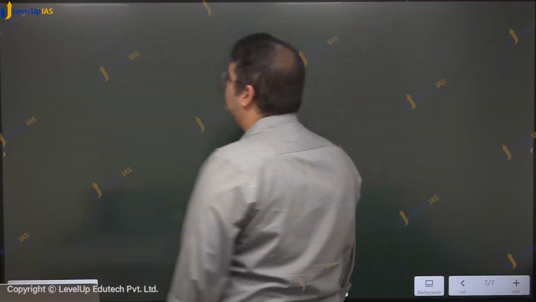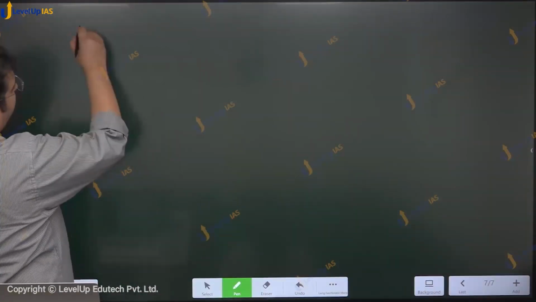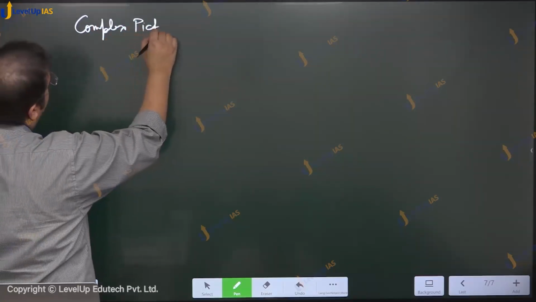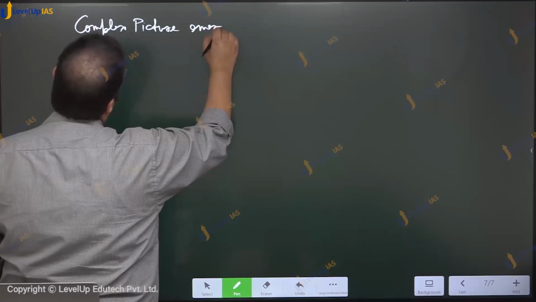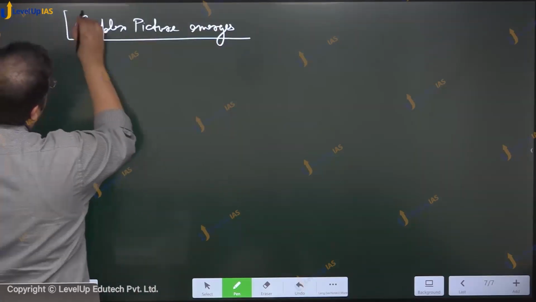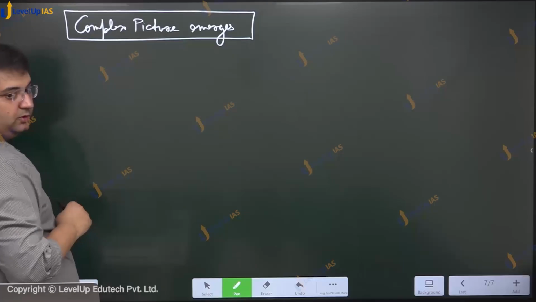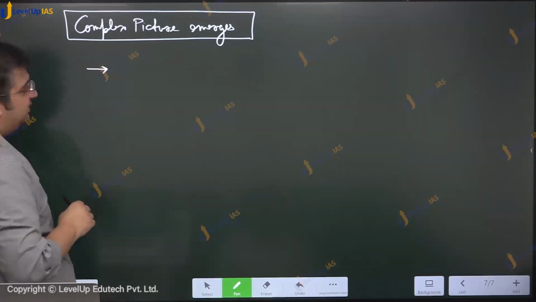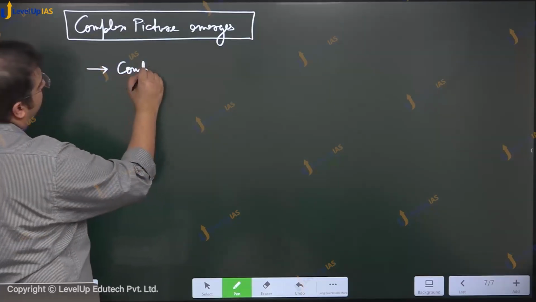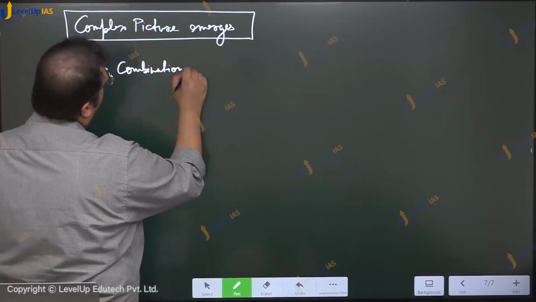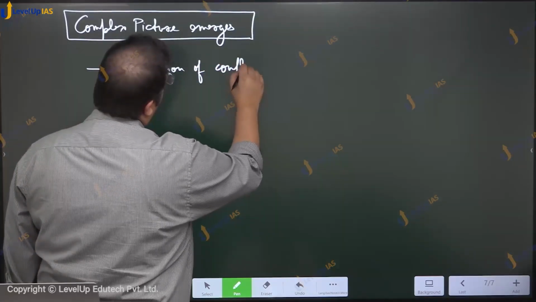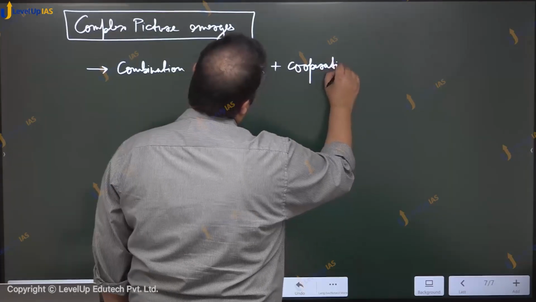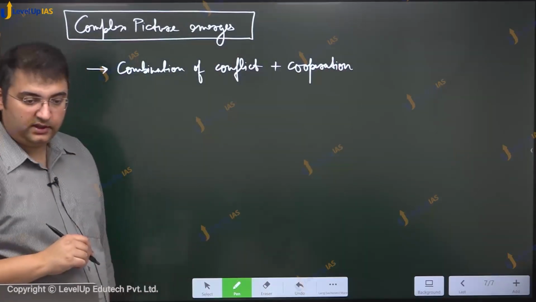However, upon closer observation, a completely different picture, a more complex picture emerges. What do we find? That the relationship between the Aryans and the natives was characterized by a combination of conflict and cooperation. ठीक है,